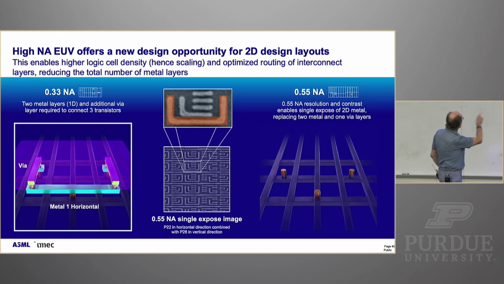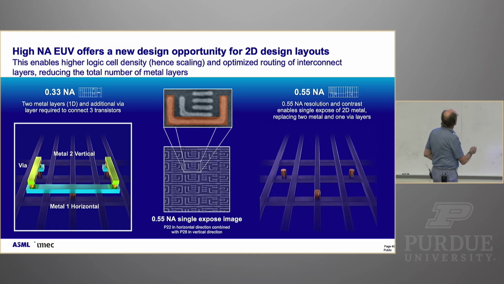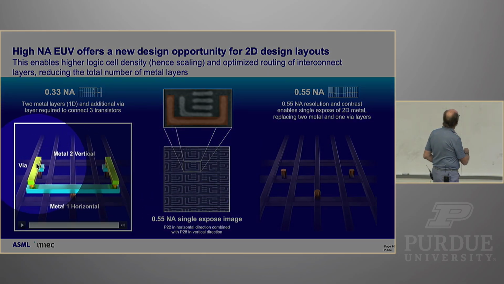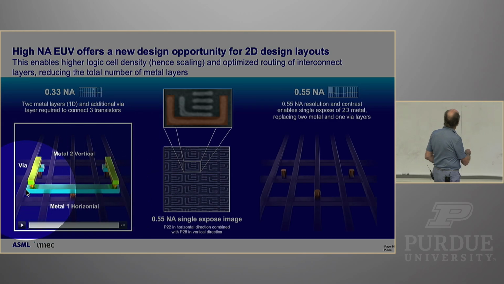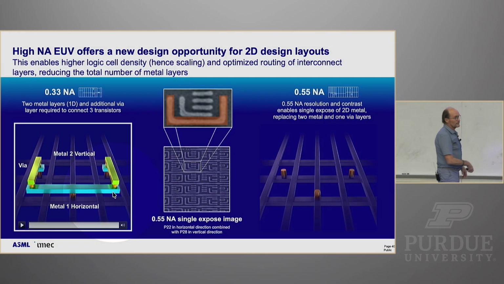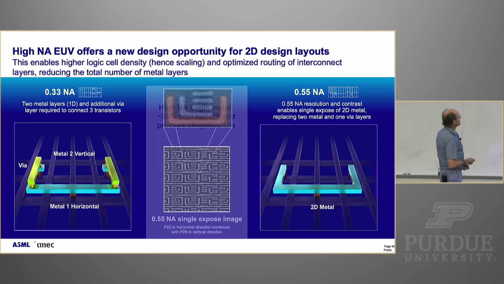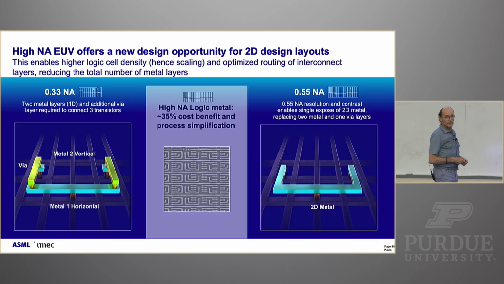Then I can have metal run in one direction. I need another metal going in the other direction. So to get from here to here, I first need to go up. In another layer, I need to go there. Then I need to go down, sideways, back up, back to where I was, and back down. And each of these contacts is resistance and is process complexity. If I have better resolution, bingo, I can just do that.